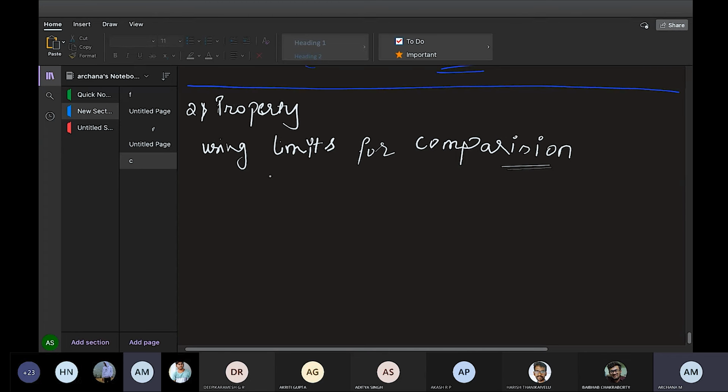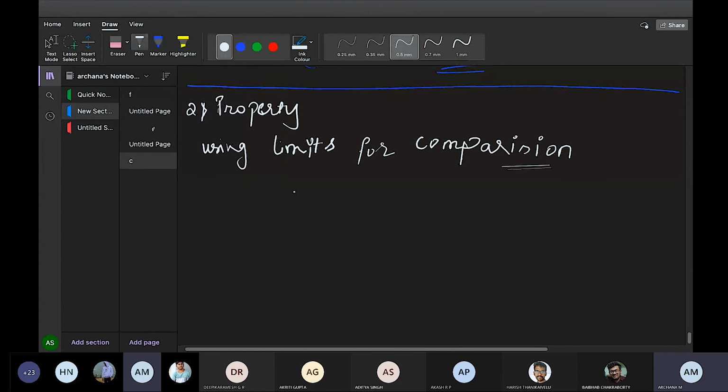Here, mainly what we do is use limits to find out the order of growth. In that, a very important thing is that we use big O, theta and omega for comparisons. We just have to compare which one is good and which one is bad. So for that we have three important principal comparisons.